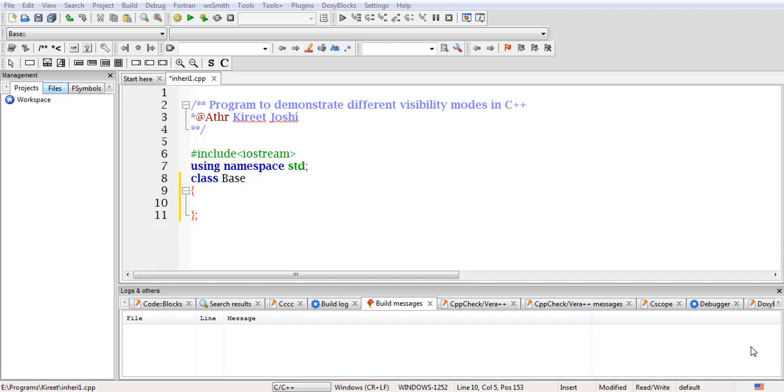So in today's lecture we will see the demonstration of different visibility modes in C++. Before going to this lecture, I request you to kindly watch the previous lecture on visibility modes. If you are not aware of the visibility modes and haven't seen my previous lecture, then understanding this particular program will be very difficult for you and you will be confused.